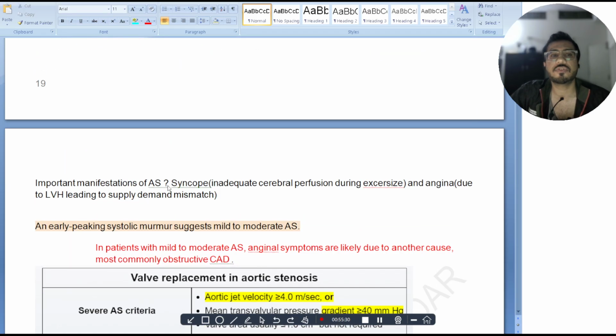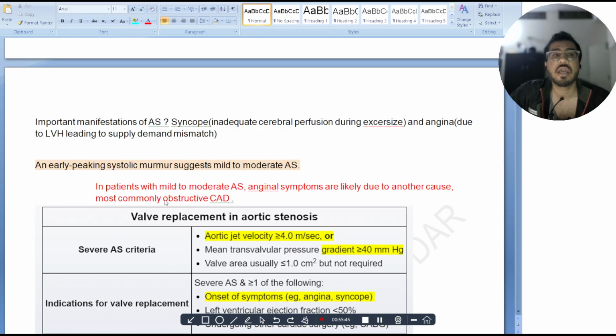Important manifestations of aortic stenosis: syncope, due to inadequate cerebral perfusion during exercise, as well as vasodilation in the muscles during exercise; angina, due to left ventricular hypertrophy leading to supply demand mismatch; and early peaking systolic murmurs suggest mild to moderate disease. In patients with mild to moderate AS, anginal symptoms are likely due to another cause, most commonly